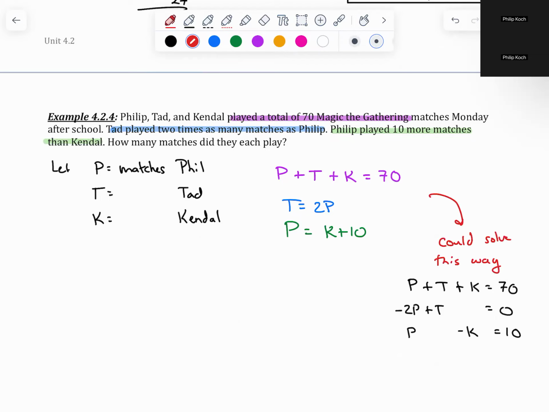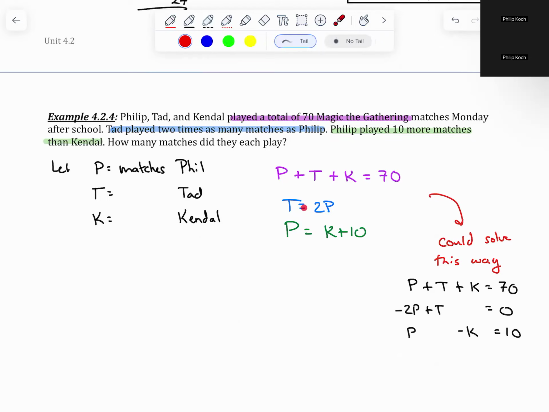We could solve it this way by bringing all the variables to the left, numbers on the right. Right, so the T equals 2P. I have to subtract the 2P to bring it over to the left-hand side. So negative 2P plus T, there's no numbers, so it just equals 0. Bring the K over to the left-hand side. That's why I've got P minus K equals 10. And I can solve that. However,